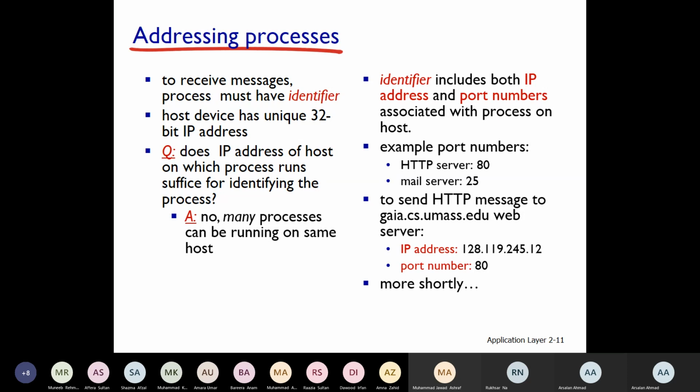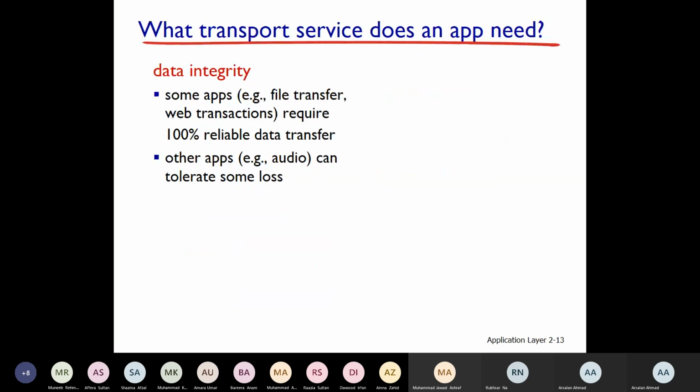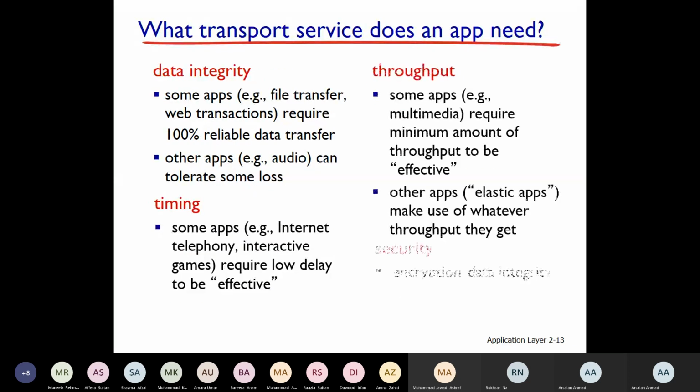So that is how the operating system identifies your different processes, and as users, we do that all the time, right? We have multiple processes running over our devices. So this is just an identifier for the operating system. The thing that I want to highlight before going to DNS is I started with this question that